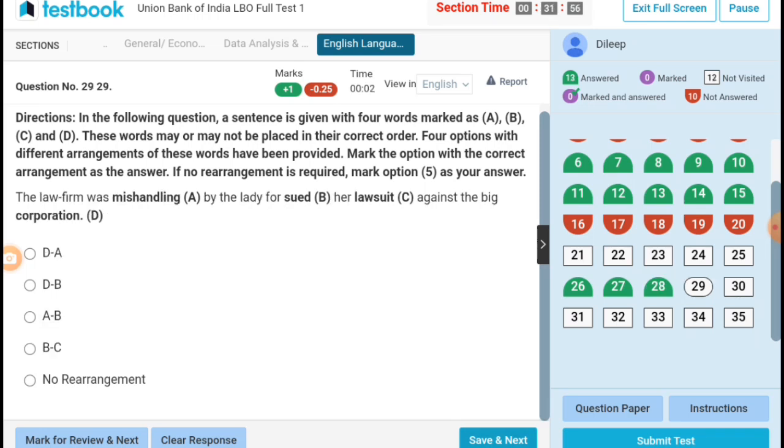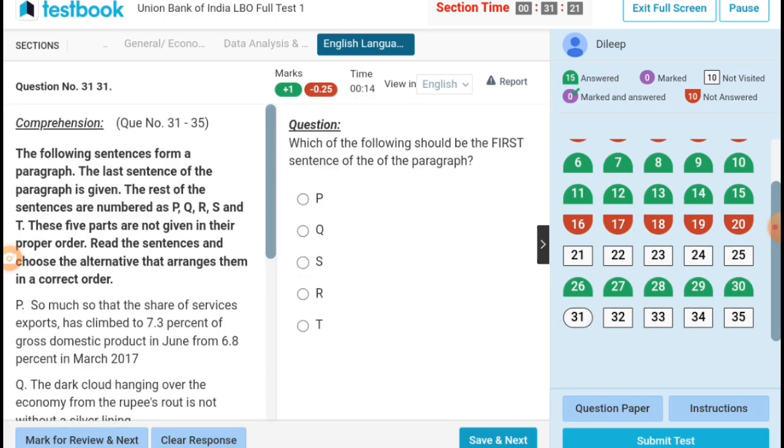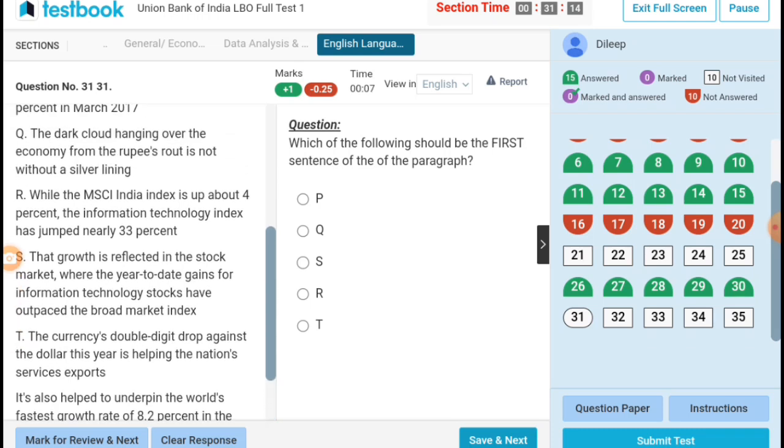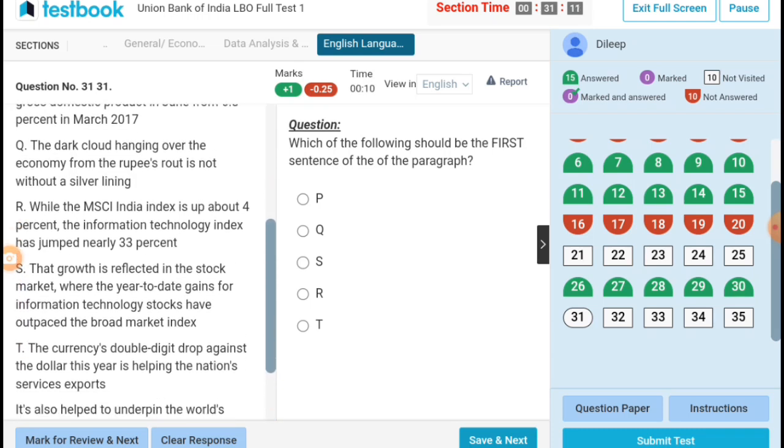The law of fame was standing by the lady for A and B. Samantha wanted to grow up and be a pilot when she was little child, but her dream was not fulfilled. BC. Next. I think first one is